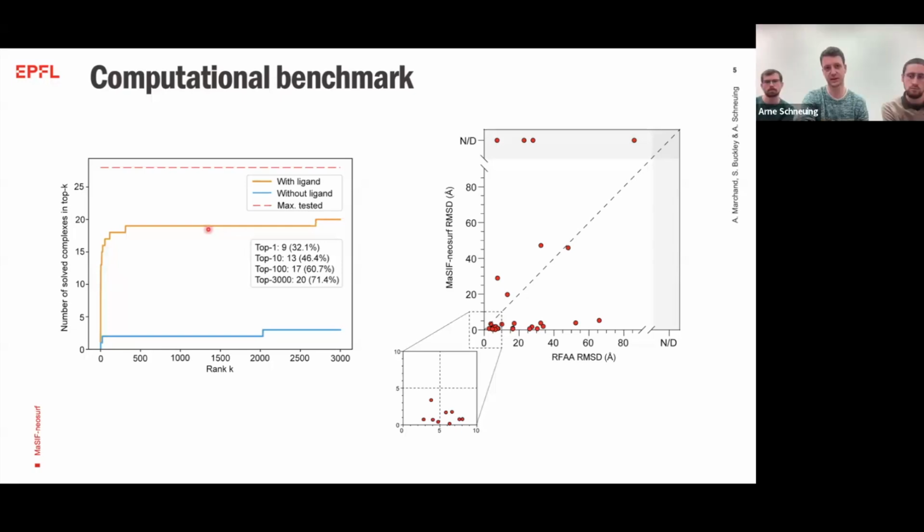Our test set is 28 complexes, yes. 28, okay. And then you just check, do you find the binding partner if you look into the top K or into the top 10 most similar complexes as ranked by Massif? Exactly. That's that. But that's kind of how I interpreted the left plot already, but how does